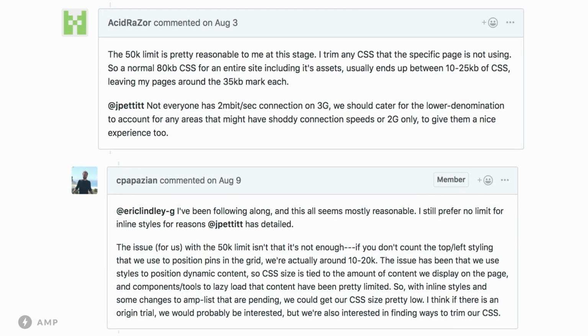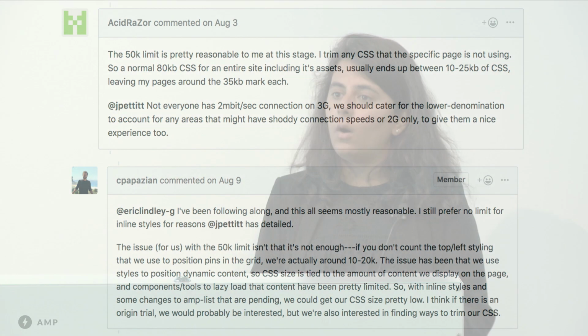This is a screenshot from a design discussion regarding extending the 50 KB CSS limit. People from the community are getting involved, sharing their ideas, thoughts and opinions in the most thoughtful ways possible while following the code of conduct. And that's a great way of getting involved. You all have different experiences using AMP, and sharing those experiences is a great way of making sure that when we do publish a component, it caters to the widest variety of needs possible.